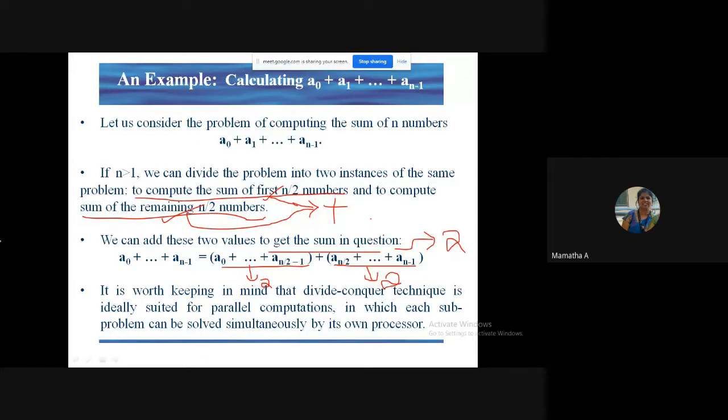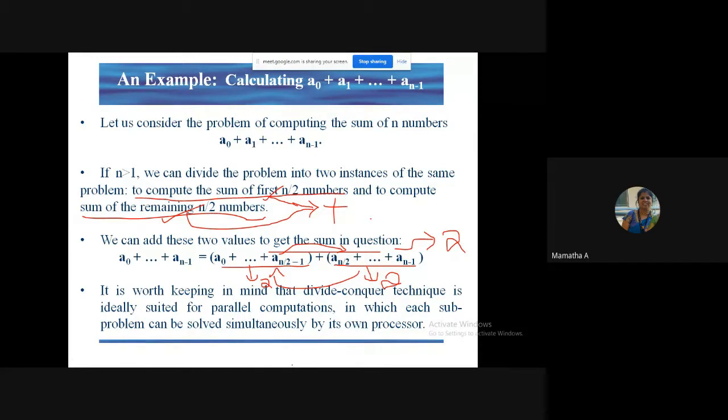See, it's simple like this. You are finding the sum of the first half, and then the next half. So nowhere is this dependent on this. To compute this, I need not compute this, and neither to compute this do I need to compute this. Not required. The subproblems are not dependent on each other. They are just independent. Remember, subproblems are independent. They are solved independently on their own.